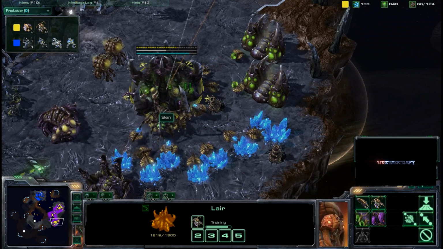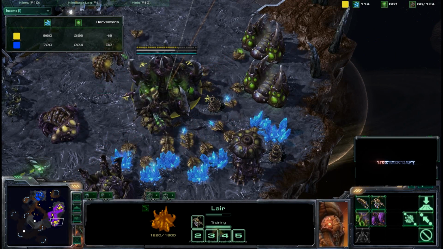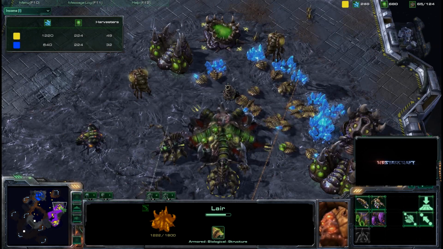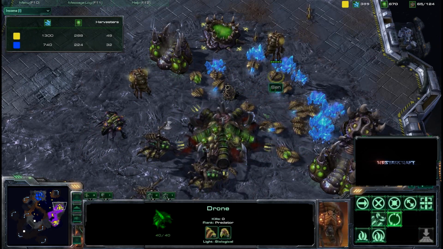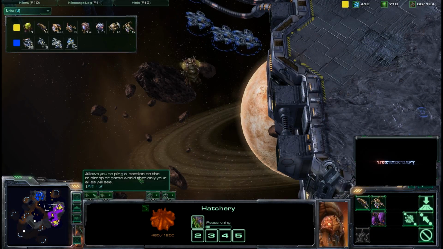But the important thing is Sen is on 2 bases. Looking at the income tab, it looks like the Little One is actually the one who's behind in harvester count. And that's because even though the Little One delayed the mining, he didn't really kill off any of the drones. And he was actually trying to kill off the hatchery. I can't quite agree with that decision. And so the Little